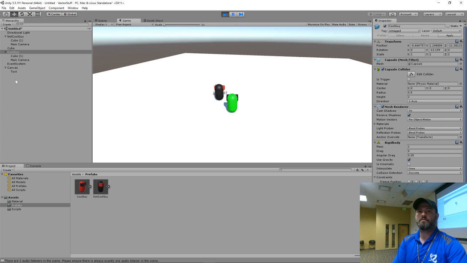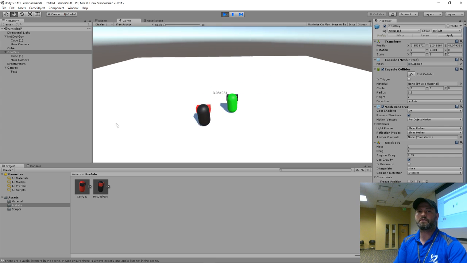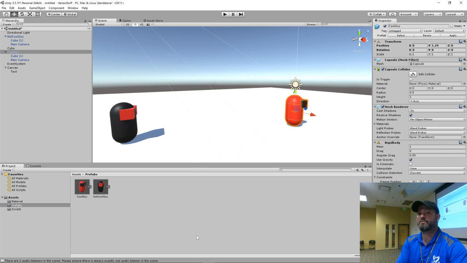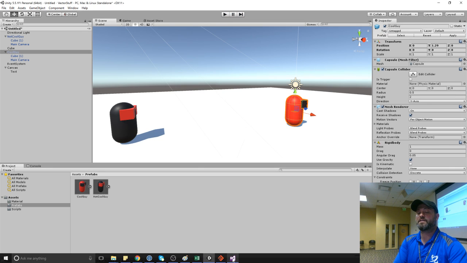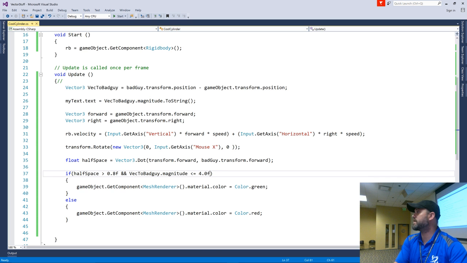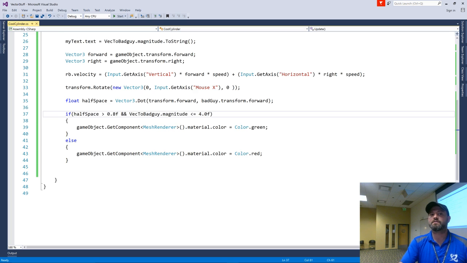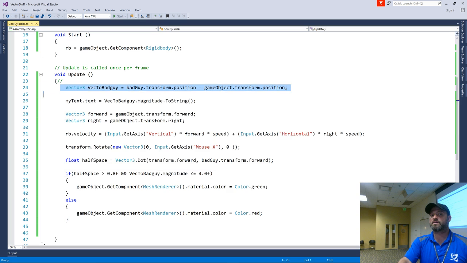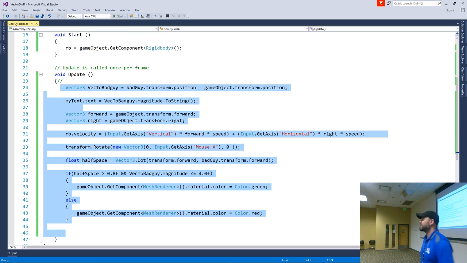Awesome little backstabbing game. Except I can get in front of them and still do it too, which is no good. All I have to do is one other check here to see if I was behind him, and then we're golden. And I can do that later in lab if you want to see it. But for that game and for that functionality, this is not a lot of code, right? That is not a lot of code, and that is the code that drives a major game mechanic, right? So it's not really scary.